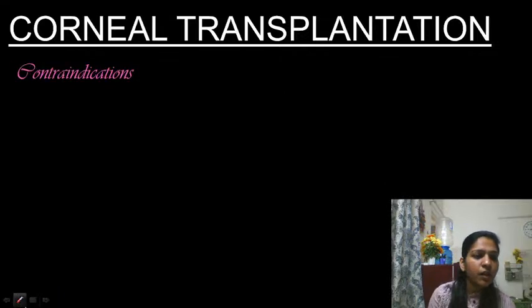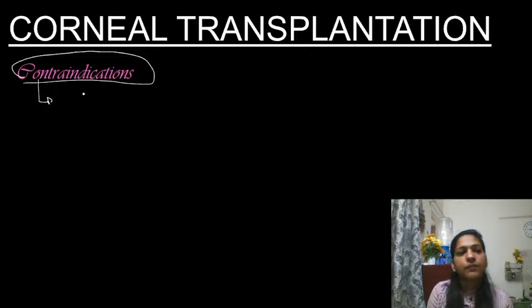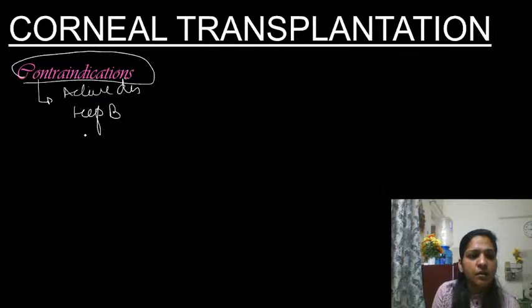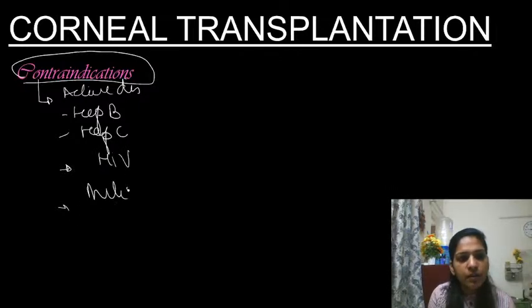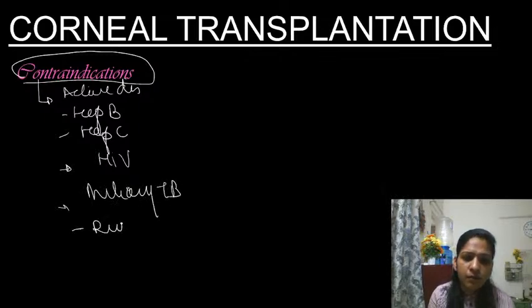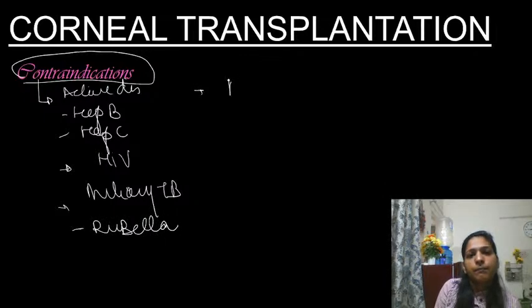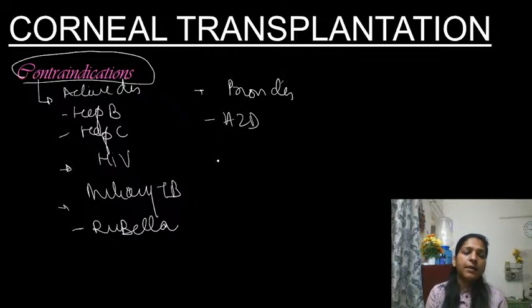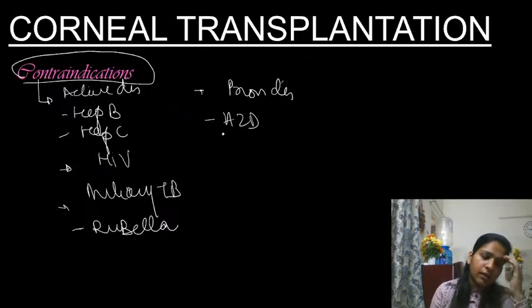Okay. Now what are the contraindications? In what conditions corneal harvesting cannot be done from the dead body? Okay, if a person who has died had active disease like hepatitis B, hepatitis C, HIV, miliary TB, rubella, and prion disease, Alzheimer's disease. So in all these conditions, if they are present in the diseased person, then these are the contraindications